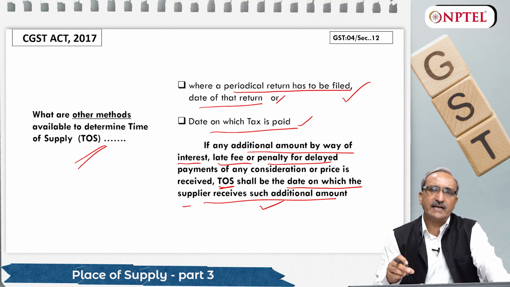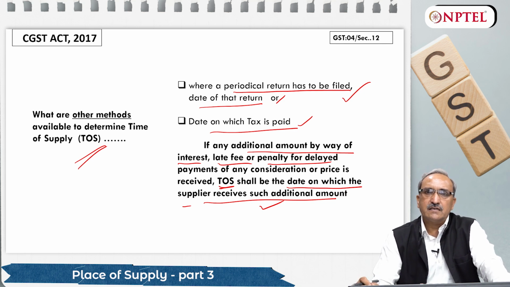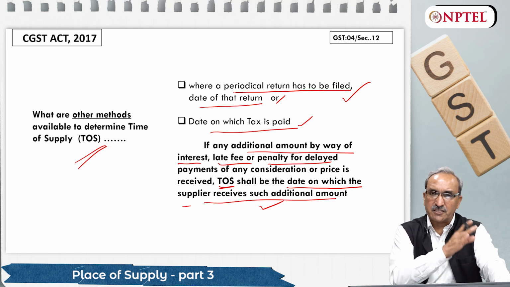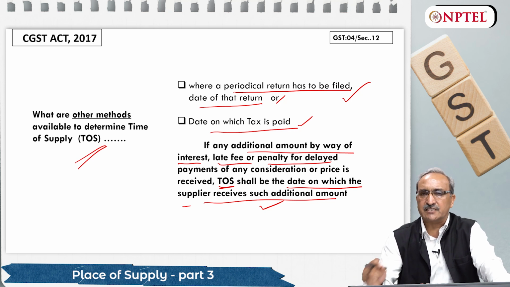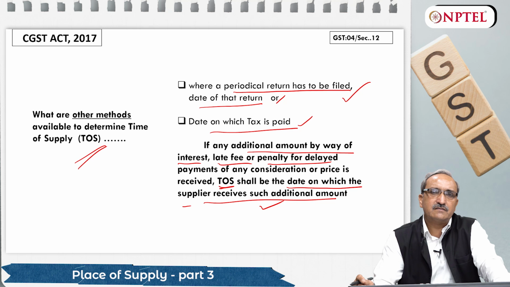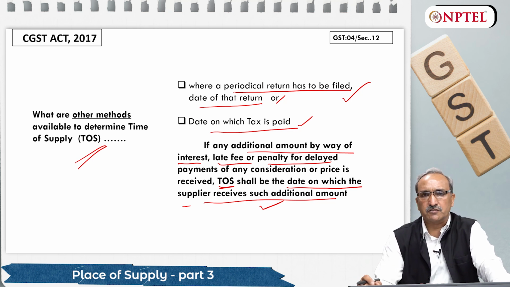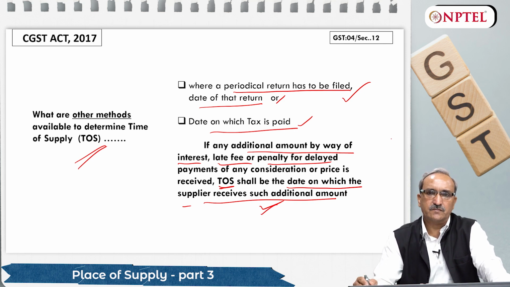And the additional amount I have received in the form of late payment interest is also part of my transaction value and is liable to be taxed under GST, at the same rate at which I have charged on my goods, on the date when I received this amount. So accordingly I will pay tax on the interest I have received for delay in the payment of my invoices.